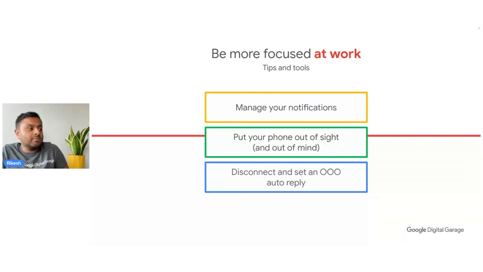Putting your phone out of sight, out of mind, is something that could be useful for you as well. I know some people have gone to more drastic measures and made sure that it's in another room. Some people also lock their phone in a desk drawer, giving that key to another co-worker, so that they're not tempted to go on their phone or their other devices as well.